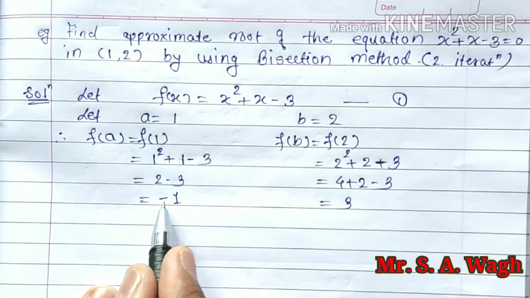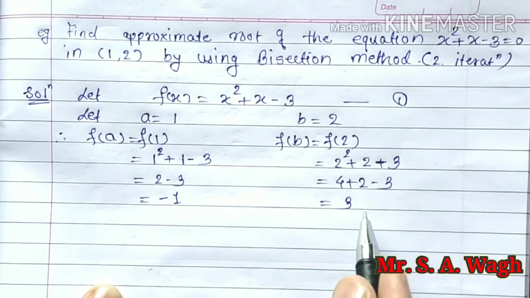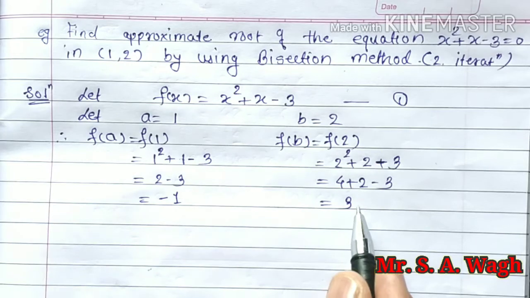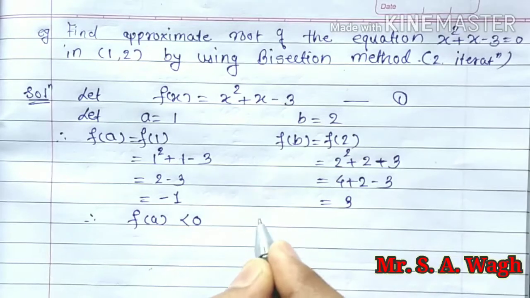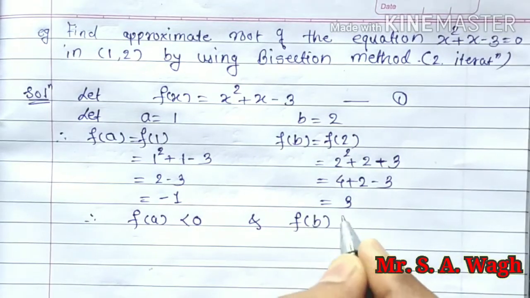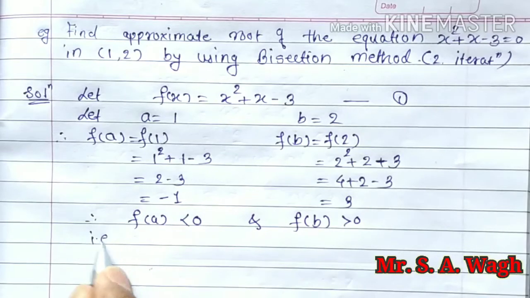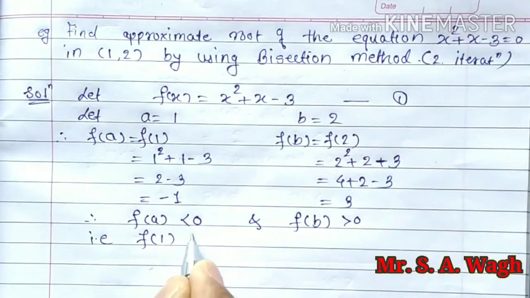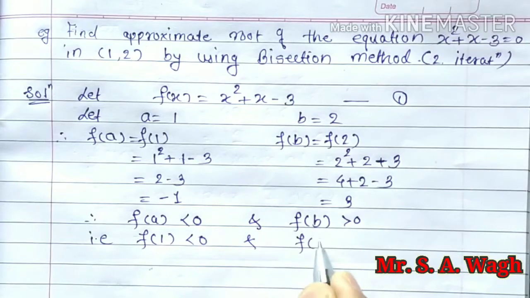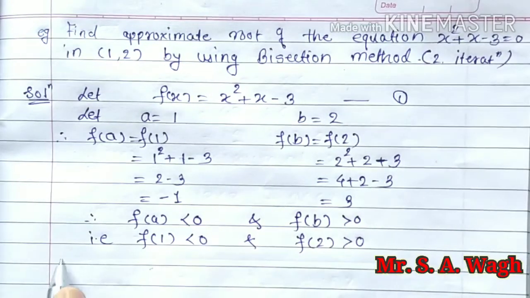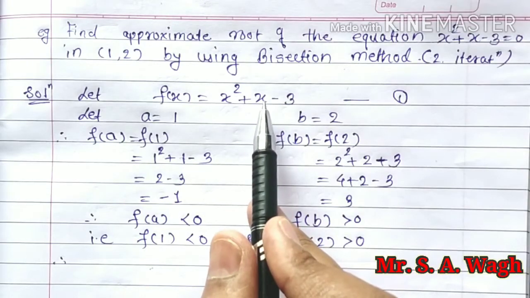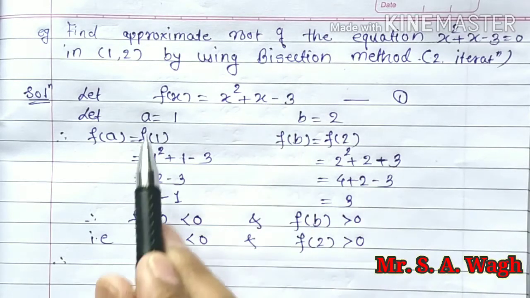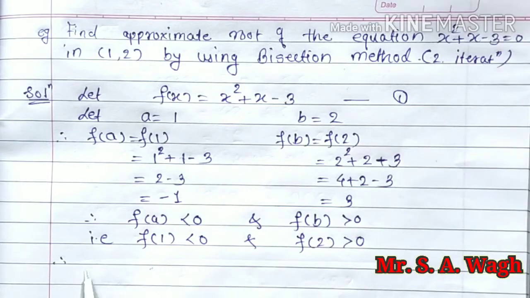So see here, once the function is giving a negative value, and once the function is giving a positive value. So that we can have f of a less than 0 and f of b greater than 0. That is f of 1 is less than 0 in this case and f of 2 is greater than 0. So if your function gives a negative value once and a positive value once, then we can conclude the solution or root of your polynomial lies between these 2 points. That is, the 0 value lies between these two.